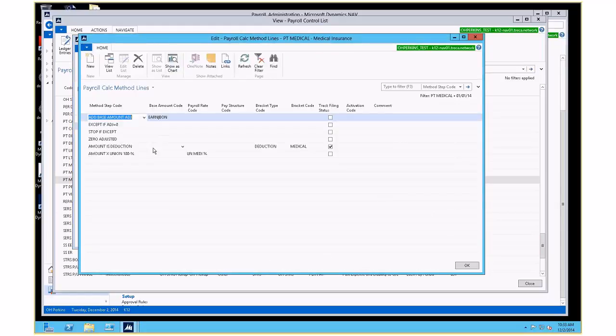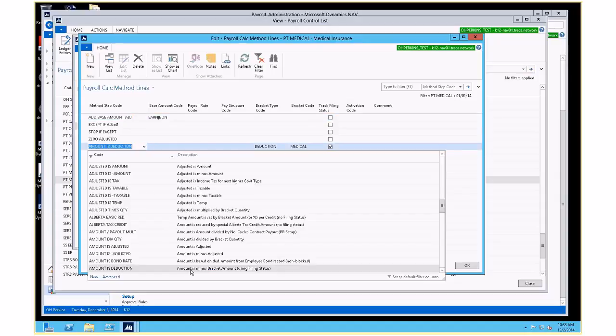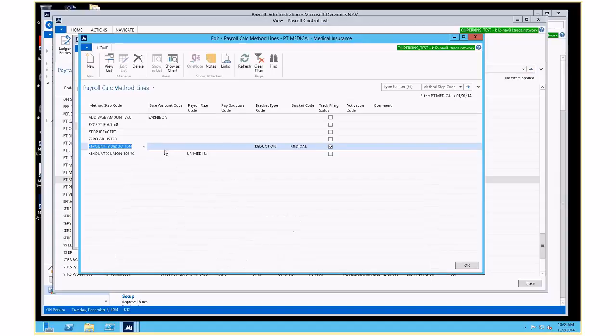Okay, so now we understand amount is deduction. It simply is going to say, go ahead and take the bracket amount. So it's telling you which column, even on that bracket screen, the amount. It's going to go ahead and prorate it. So it really should say amount is minus prorated bracket amount using filing status. That would have been a little clearer. I think they've always assumed that everybody would know that. I don't think it's that obvious. But that's just the way it reads. It's been like that forever. Okay, so now the system can automatically, based on the fact that there is a deduction,